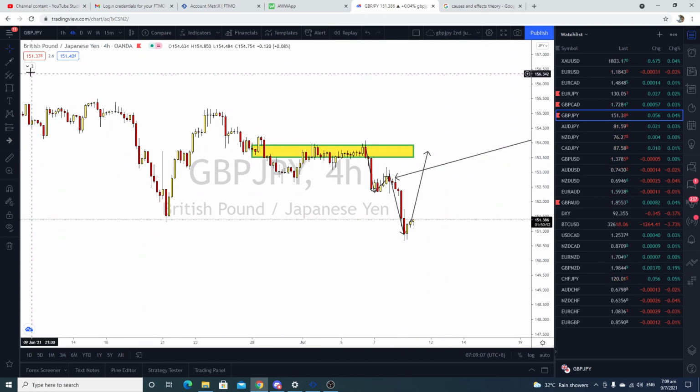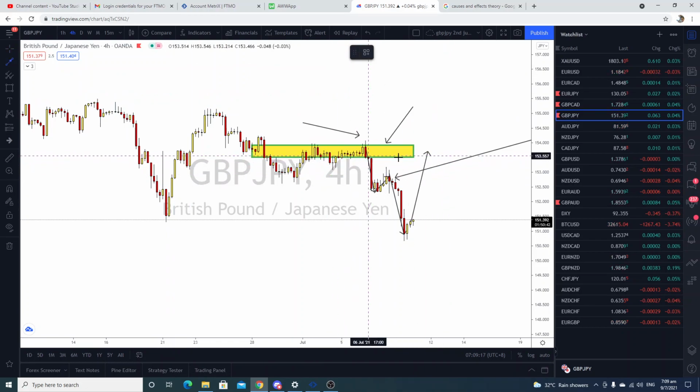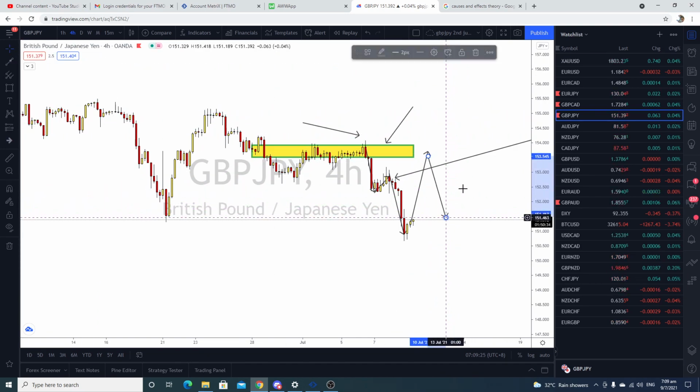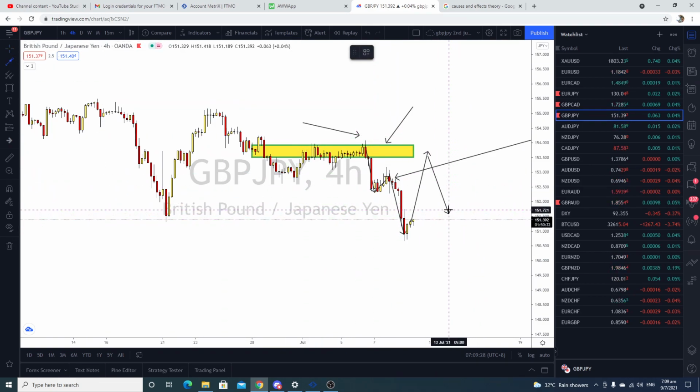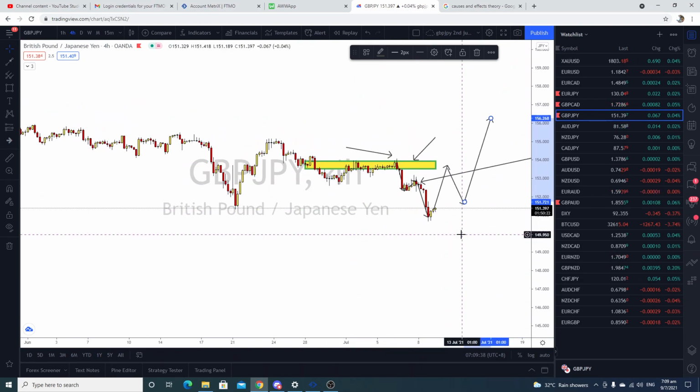If this wants to go up, that's why, if you want to take a sell, this will be a good supply zone for you to sell, and then your stop loss will be above this zone, because your stop loss must be an area where your trade call of sell does not make sense. In this case, price goes down here after that supply, and then the next candle price pushes up here and hits your stop loss. This is where your trade call does not make sense already. That's why your stop loss has to be here. It can't be here, here, or here. That's what stop loss is for. Stop loss is not just to protect your account, but it's where your trade idea does not make sense.